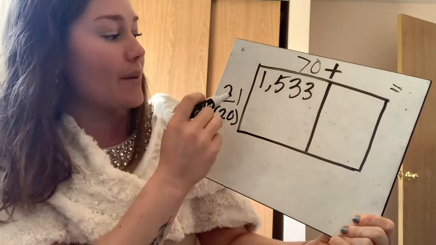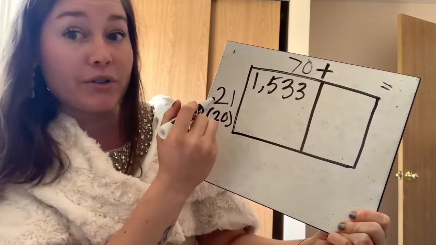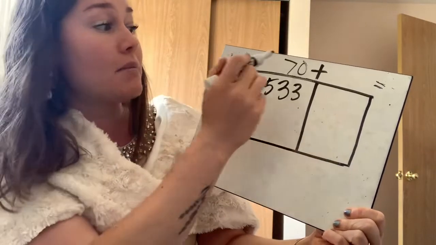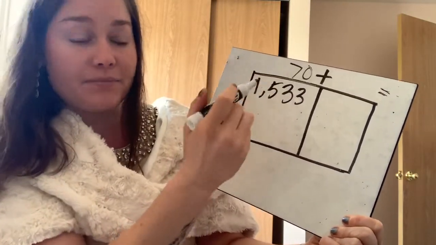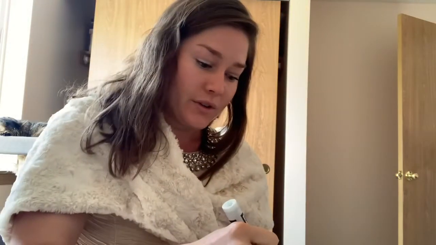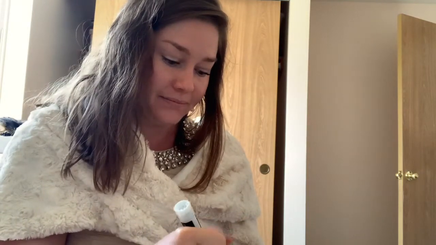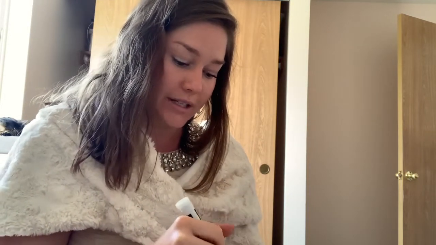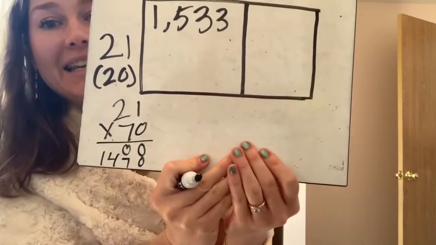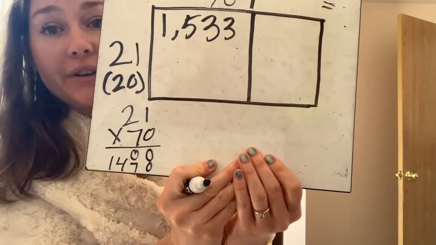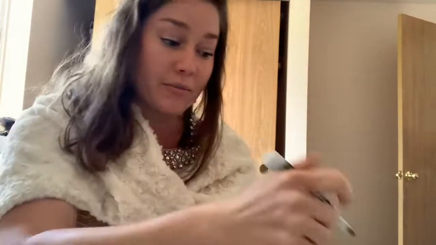Okay, so now I'm going to take my exact number, 21, ignoring that 20, and multiply it with 70. Okay, so I'm going to solve this out below. 21 times 70. 0 times 1 is 0. 0 times 2 is 0. Drop down and put a 0. 7 times 1 is 7. And 7 times 2 is 14. So when I got my exact answer, I got 1,470. That looks really close, so I'm going to go ahead and put this below